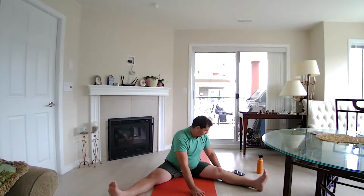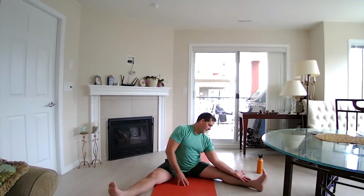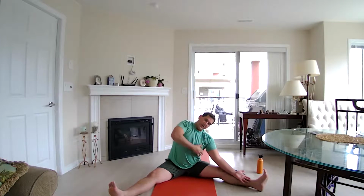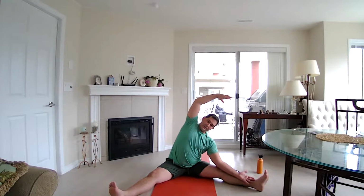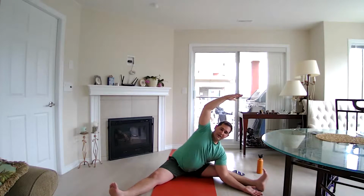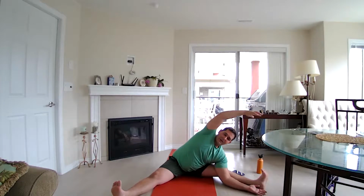Slowly rise. Right elbow on right knee. Open that chest. So we're not collapsing the right. We're going to lift and open. Some of us might be reaching down that right thigh. So again, not collapsing, lengthening the right side down the right thigh